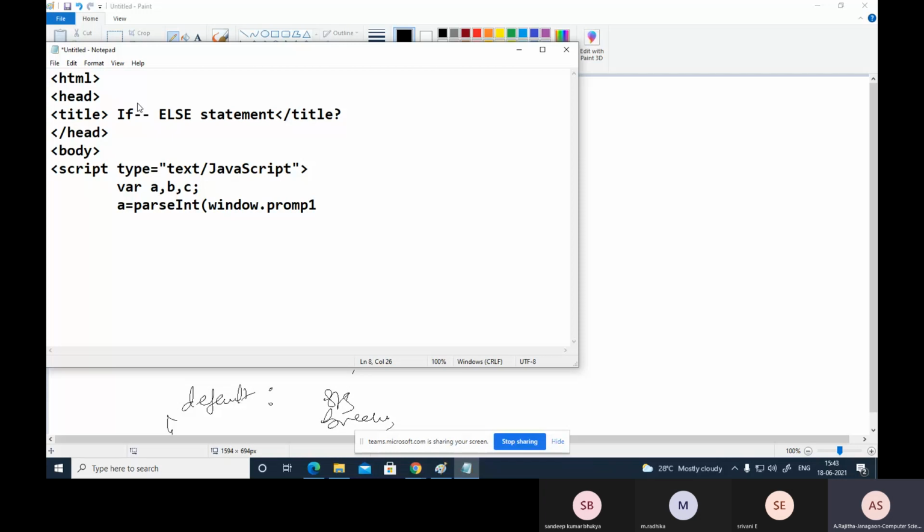Window dot prompt: "Enter number 1". And so on.